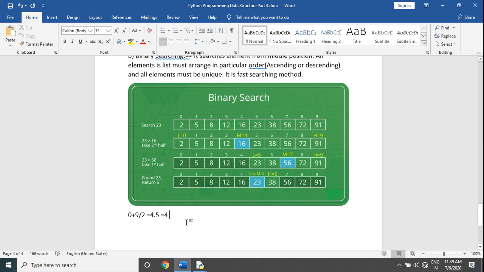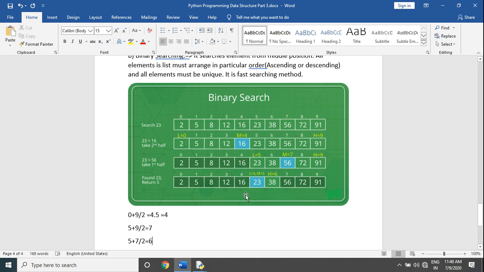Our lower position is 5 and higher position is 9, so the middle is 14 divided by 2, which equals 7. The element at the 7th position is not matching. Again we check: 23 is less than 56, so our lower position is 5 and higher position is 7. 5 plus 7 divided by 2 equals 6.